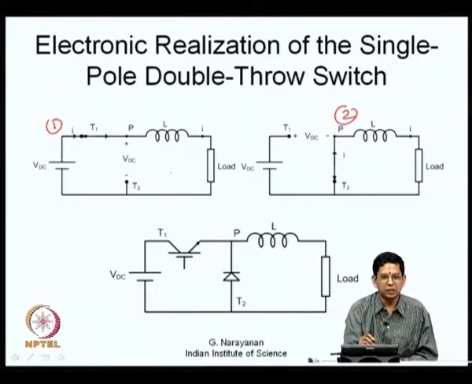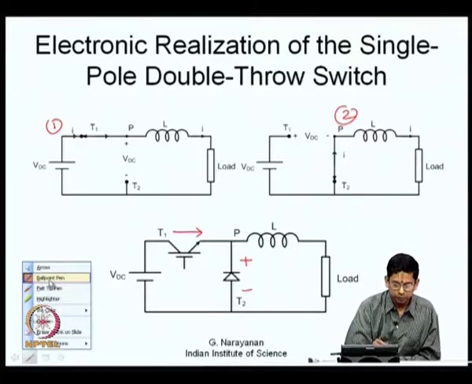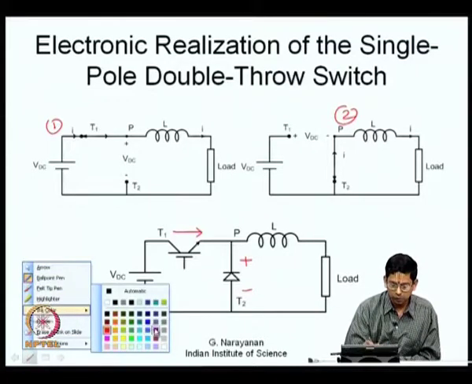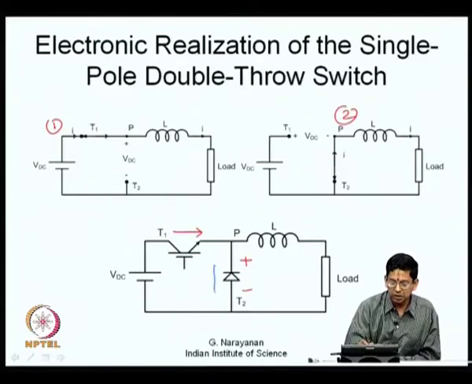Let us say in state 1 you need conduction in this direction, and you need a voltage blocking capability as indicated here. If you go to state 2, what we need in state 2 is a conduction in this direction and voltage blocking here. So, for a conduction from left to right here and voltage blocking polarity as indicated here,